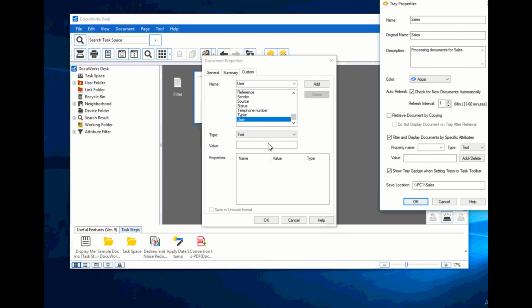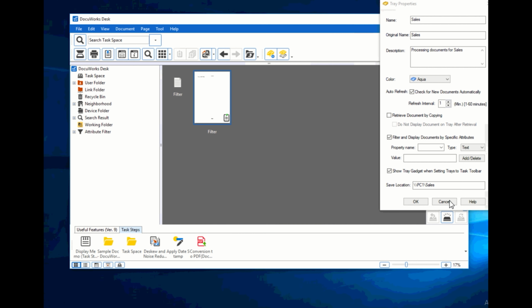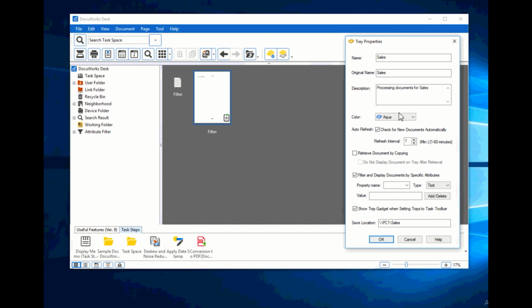Okay, so I'll go ahead and type the value Fuji Xerox. I'll just go ahead and add that in, and I have a user, and the value is Fuji Xerox, and that's a text file. So let me go ahead and save that, and from my tray I will go ahead and filter and display documents specific,